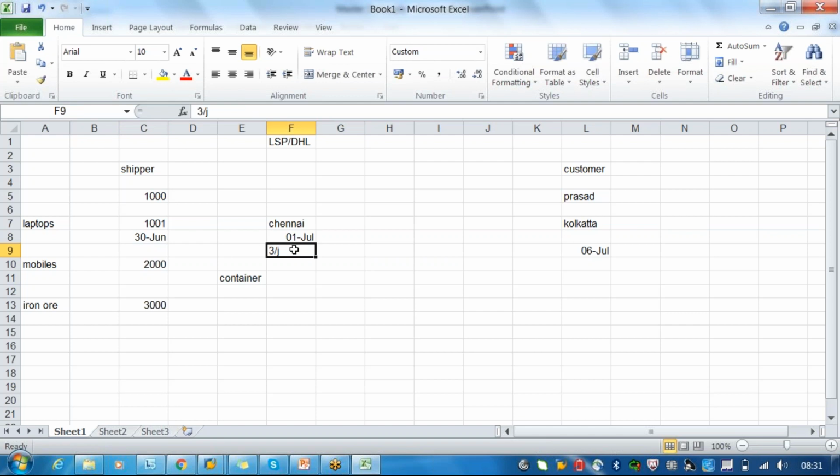So that means 3rd July, right? So again we have to identify whether any container is moving on 3rd from Chennai to Kolkata or not. All these things, again we have to do a rescheduling in the TM system. That's what I'm saying. So replanning will be done, right? Yeah, we have to do replanning.